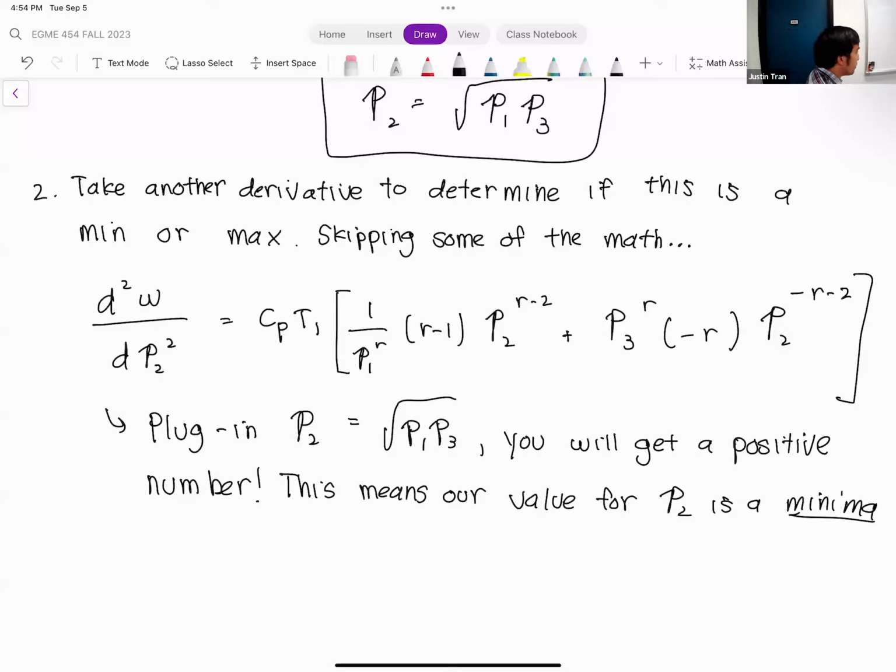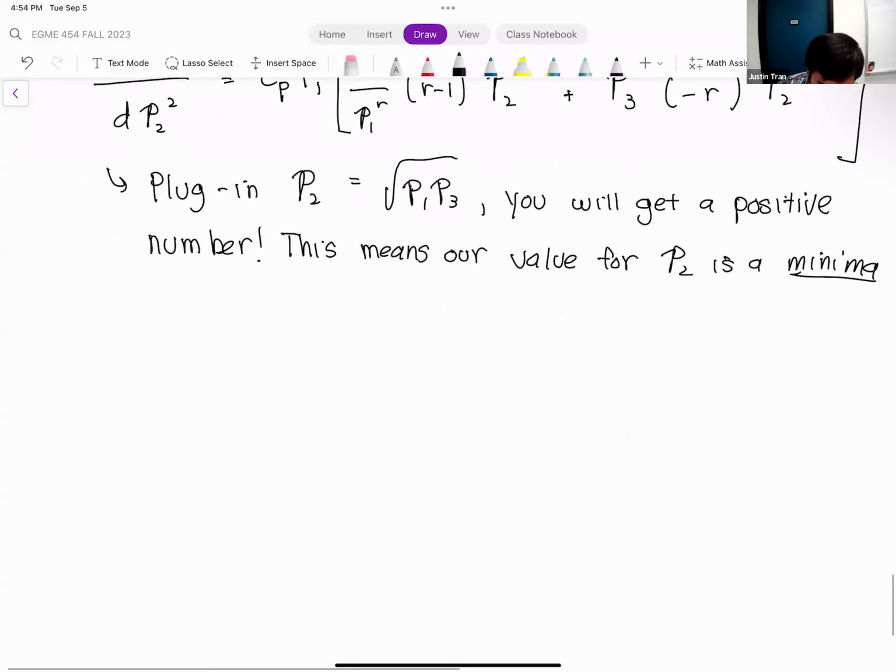Single variable optimization, algebra and calculus notwithstanding, is fairly simple in concept. You're basically just taking derivatives of your function, setting the first derivative equal to 0, and going from there. I think any difficulty that you have with these problems is due to either lengthy algebra or lengthy derivative taking, as you can see from the screen. All right, so let's go to multivariable optimization.